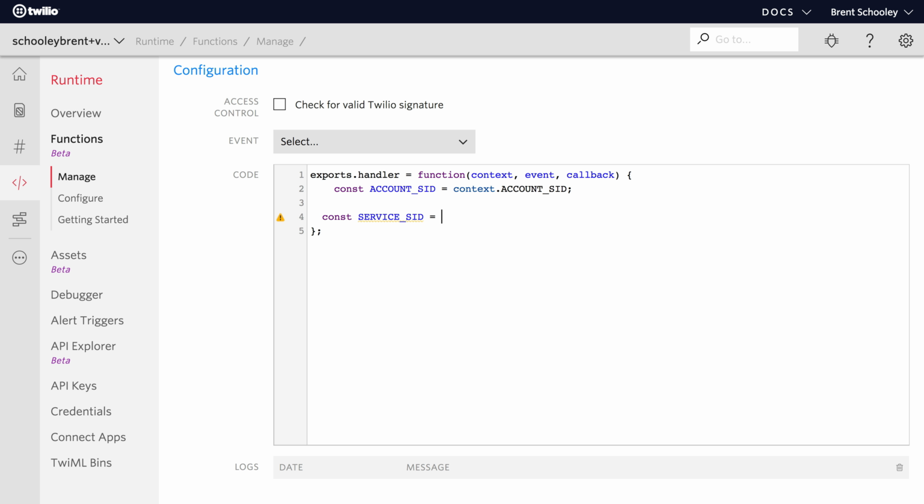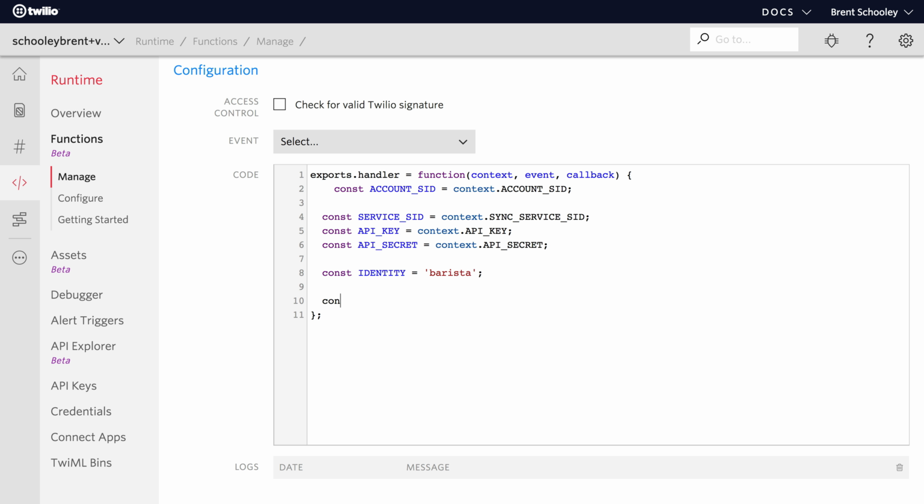We'll start by getting the account SID for our Twilio account out of environment variables. Then we'll need the service SID, the API key, and the API secret. So those are all the credentials we need to be able to access Twilio Sync to get a token. We'll also give this a temporary identity of barista. We'll create a new access token using